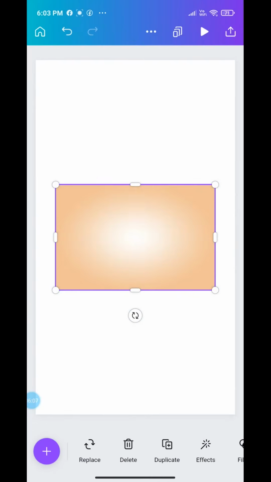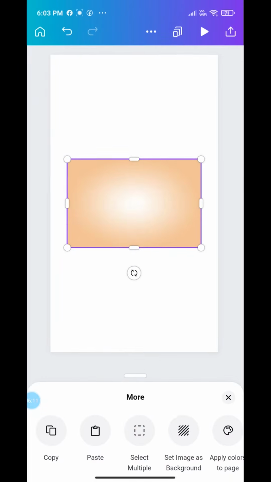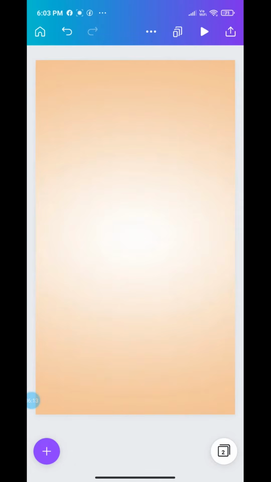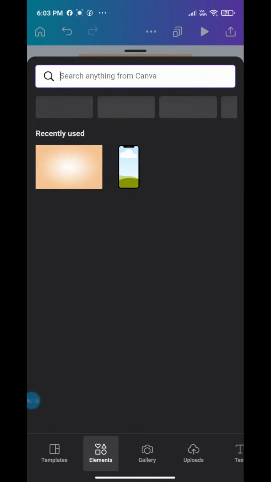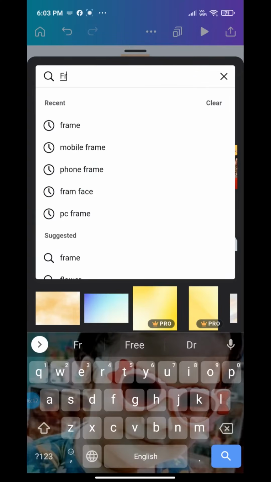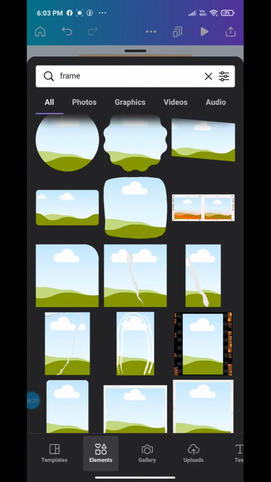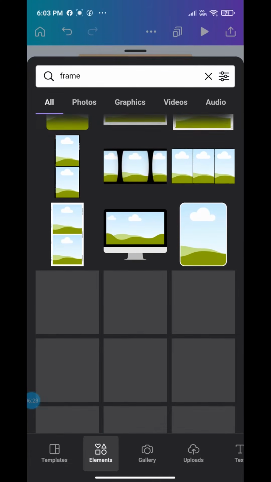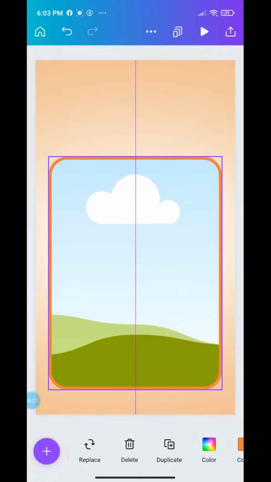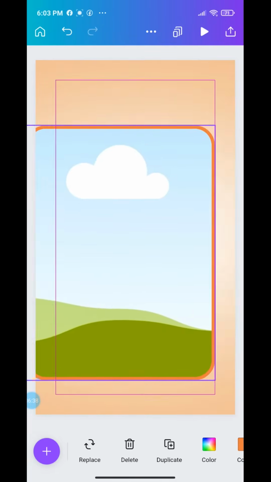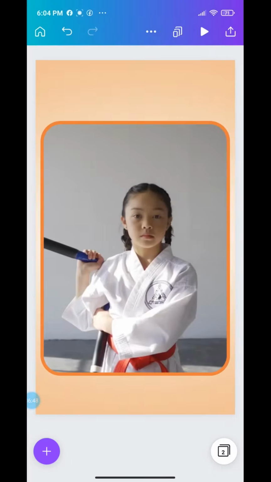First take the background, set it as background from this more option, then go to your upload section, upload your video, and bring it inside the frame. Choose any frame this time if you like. I am choosing a different frame this time, and position the frame and add the video from your upload section